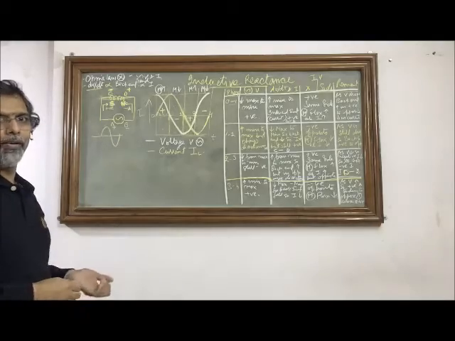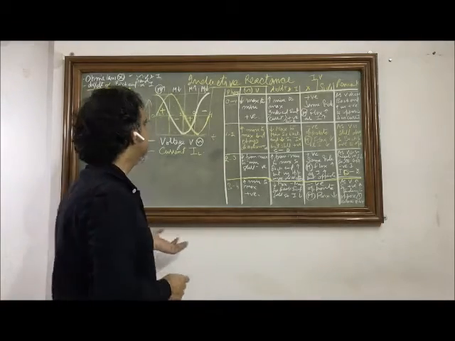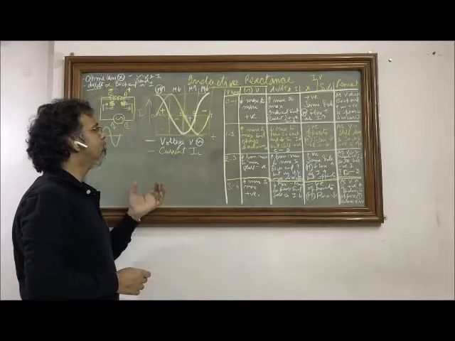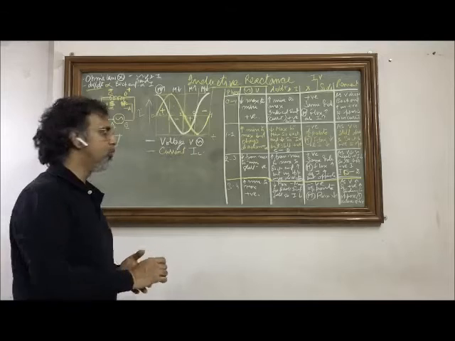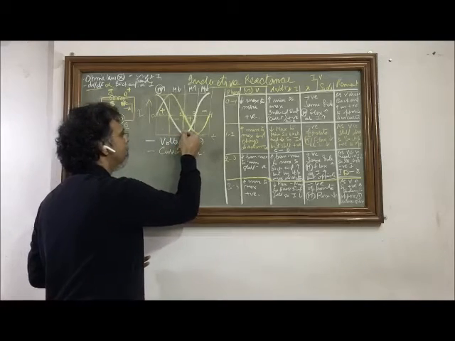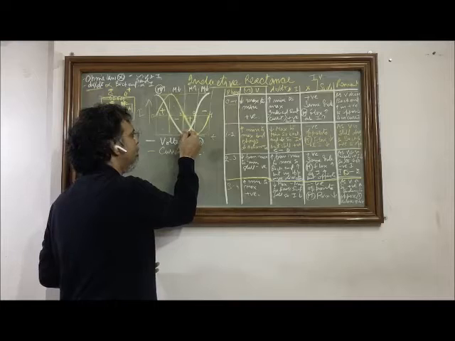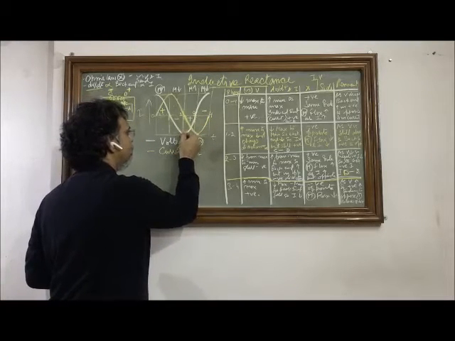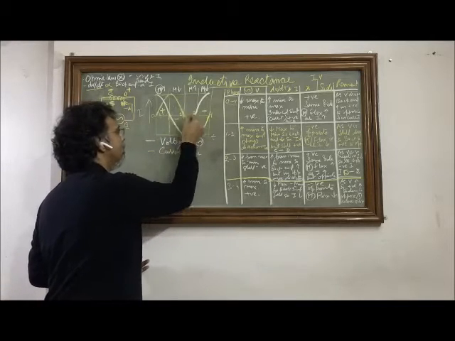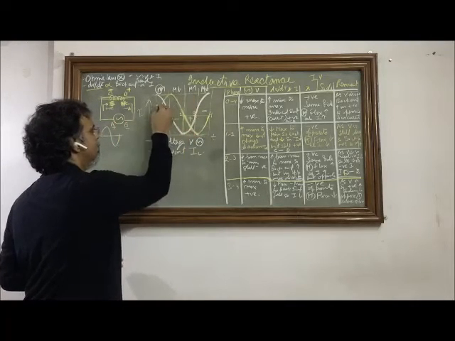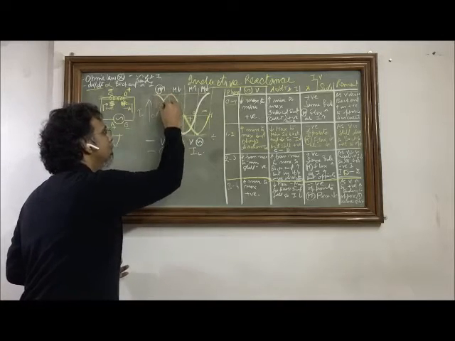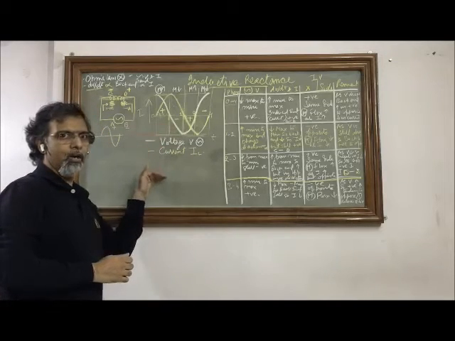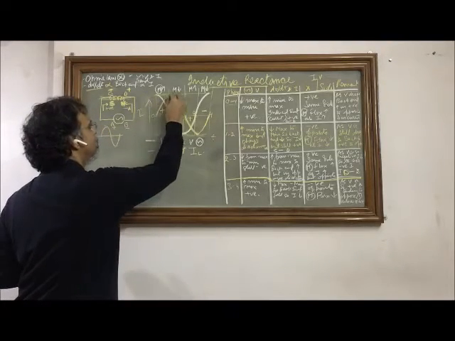Now in which direction? The direction is given by Lenz's law, which says that the direction of the current, or the back EMF, will always oppose the change that has produced it. So which change has produced this? The voltage is trying to become more and more positive now. Decreasing the negative value means you are increasing its positive value, which means from here onwards there is a tendency in the circuit to increase the positive current. Previously, in these two quarters, there was a tendency to decrease the positive current. It was going towards the negative side, and the positive current tended to decrease, which was maintained by a positive current.